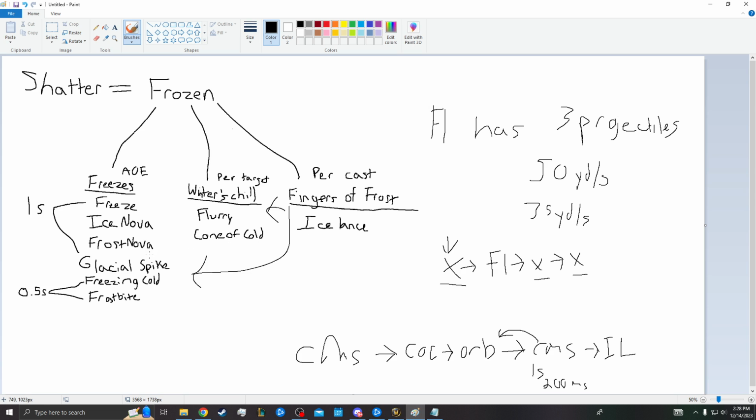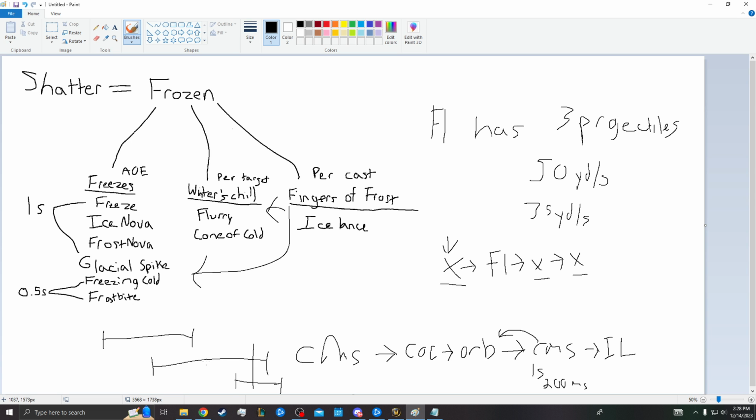One of the interesting things is actually Glacial Spike. Glacial Spike has travel time, and you're going to shatter your Glacial Spike, right, normally with freezes. So sometimes when you do Glacial Spike into Ice Nova, the Glacial Spike will land at like 0.5 seconds left in the Ice Nova. So for instance, let's say this is Ice Nova's duration. The Glacial Spike lands here, and then its root lasts for a second, right? But since it's so delayed by the range, you actually have this brief period where you have a GCD open as well. So a lot of times you're kind of unintentionally benefiting from Wintertide right here in this third GCD,